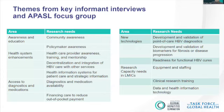Of course, enhancements for health information systems and strategic information were listed as a key priority qualitatively from these individuals. In the bottom left, you see here access to diagnostics and medications, including availability and financing or payment schemes for individuals to actually access key commodities, diagnostics and treatment for hepatitis B. Then on the top right here, you see an area around new technologies or the development and validation of point of care, HBV diagnostics, biomarkers, establishing readiness for functional hepatitis B cure, as I think many of our speakers will